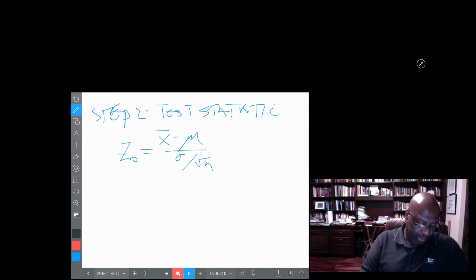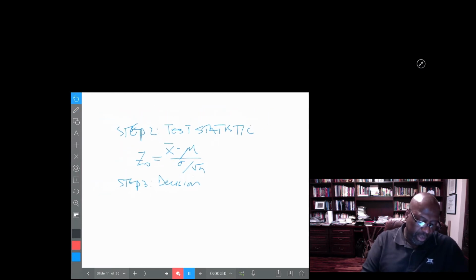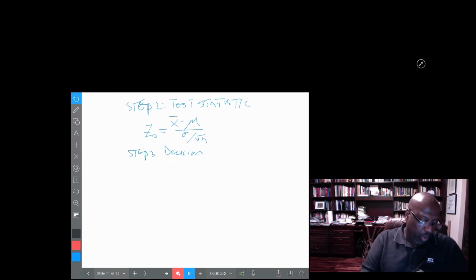That's step 2. Step 3, decision rule. So the thing to keep in mind with the decision rule is that we need to know what the sampling distribution is and whether or not it's a right tail or left tail test. So step 3, decision rule. So if we draw this,